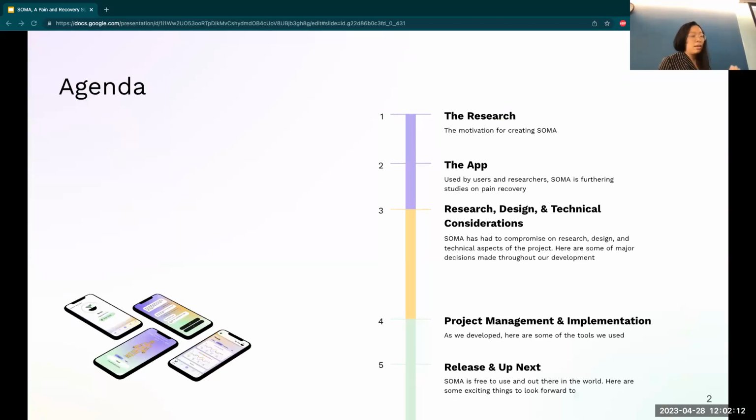Okay, cool. So the agenda for today is that we're going to go over the research motivation for creating SOMA, as well as the app, how it's used by users and researchers, and how SOMA is furthering studies on pain recovery. Then we'll go into the bulk of the presentation, which is about the research